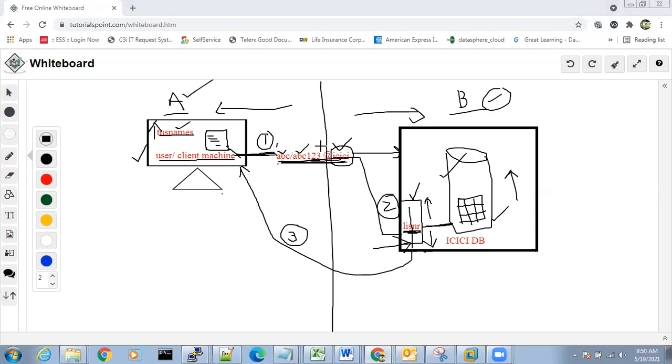User 1 ABC is already connected, right? Already connected means the listener was able to listen to the request and the connection is already established. That's it, simple. And who will face the issue? The new incoming connections. Users who are not already connected to the database will face the issue, but all the remaining users who want to connect will face the issue. Understood, everyone? Clear, everyone? This is all about networking.